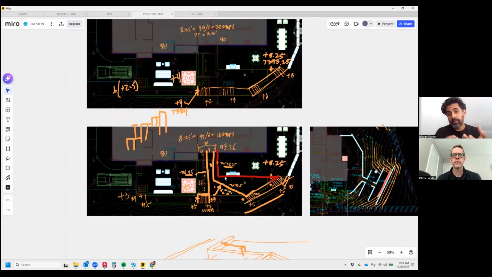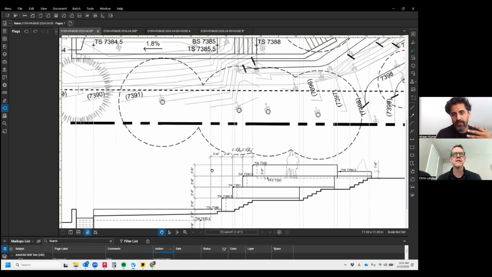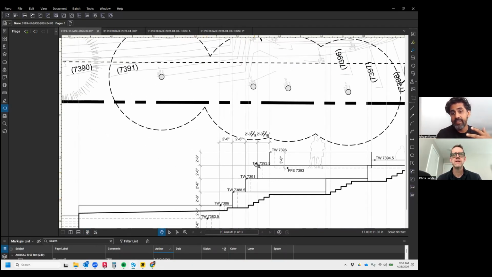And then the bigger part was how do you negotiate 9 feet of grade change with walls? And we were trying to stay within code of 30 inches from every wall. So the first exercise was, all right, how many walls do I need to negotiate that maintaining the